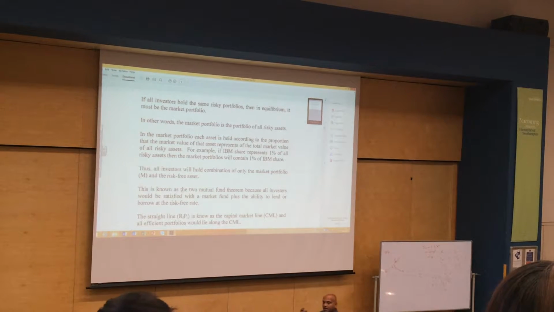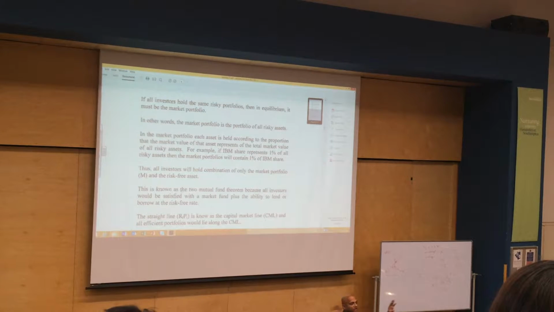So if asset one controls 1% of the total market value of all the risky assets, then the weight of that asset in the market portfolio will be 1%. If some stock controls 5%, which is a big chunk of the total market value,